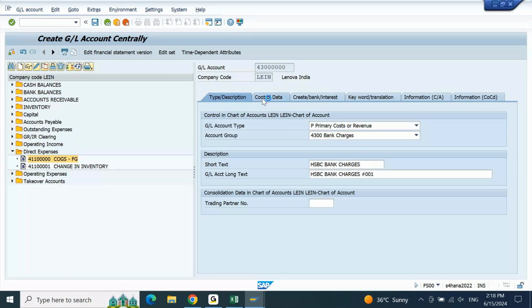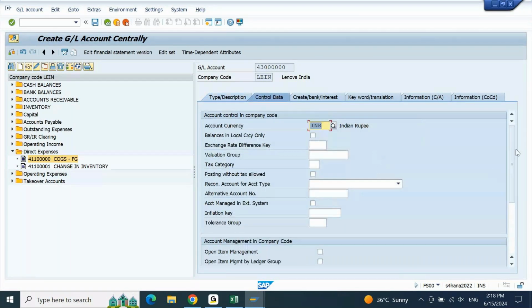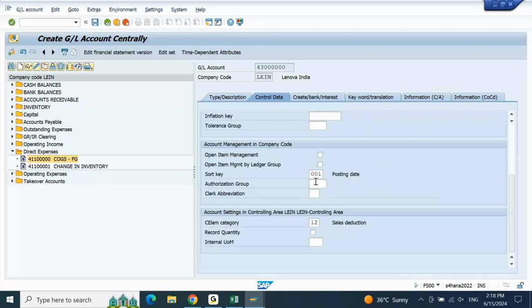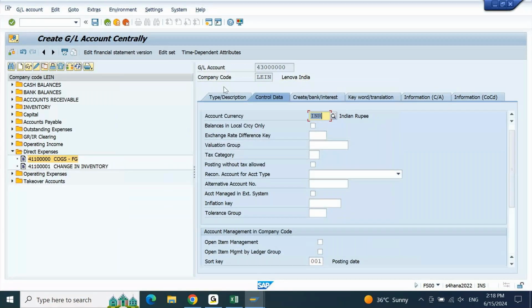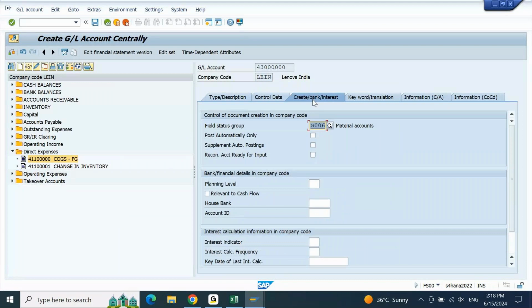Control data, this is a P&L account and sort key will be 001. Cost element category, bank charges and expense account, choose 01. Primary cost or cost reducing revenue because this is an expense. Next one, create bank interest, G005. Bank account, obligatory value date, and any bank charges you wanted to make sure whether these are posted automatically also